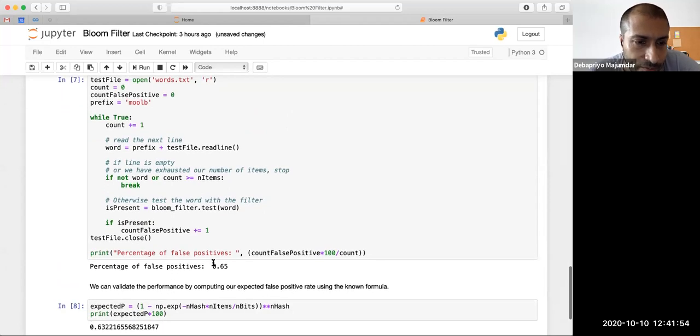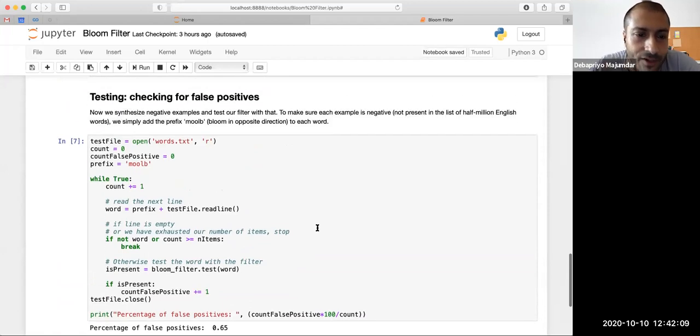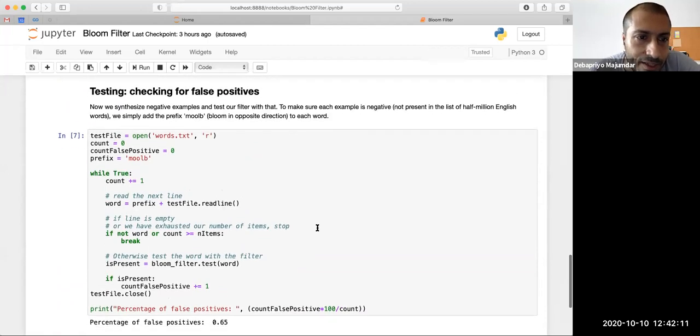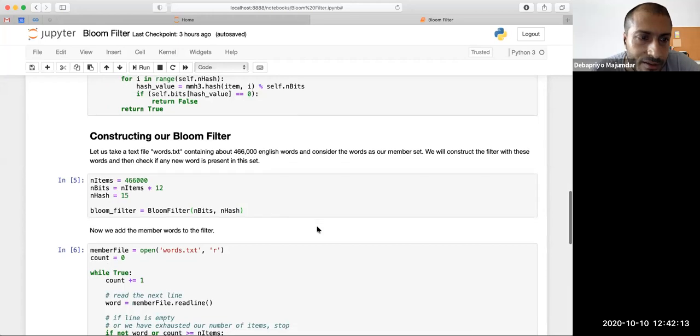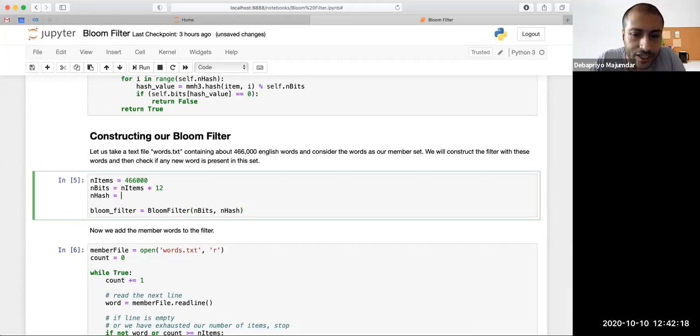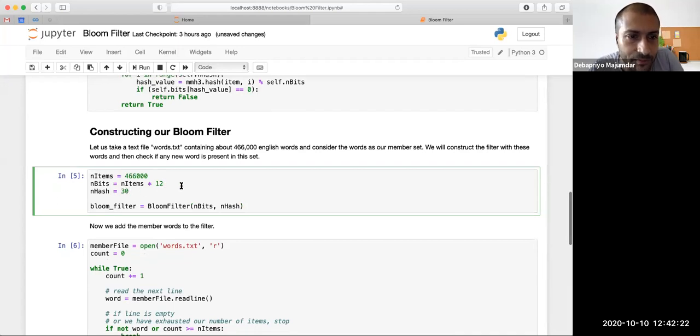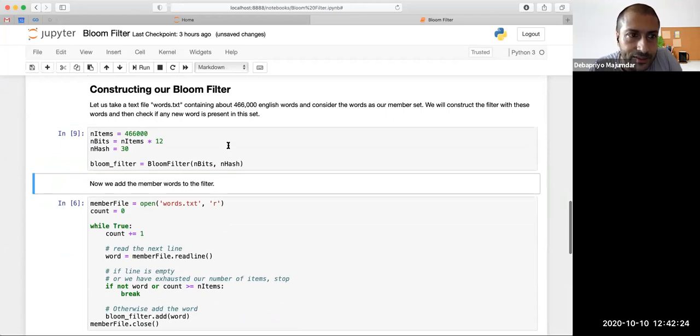Okay, so everybody understood this pattern. It's a very easy implementation. I will give you some other of these kind of things to validate your concepts by easy implementation as an assignment. But this one I just did myself. Let us test with a little bit other things. Let's test with the number of hash functions to be 30, and let's keep the number of bits the same.